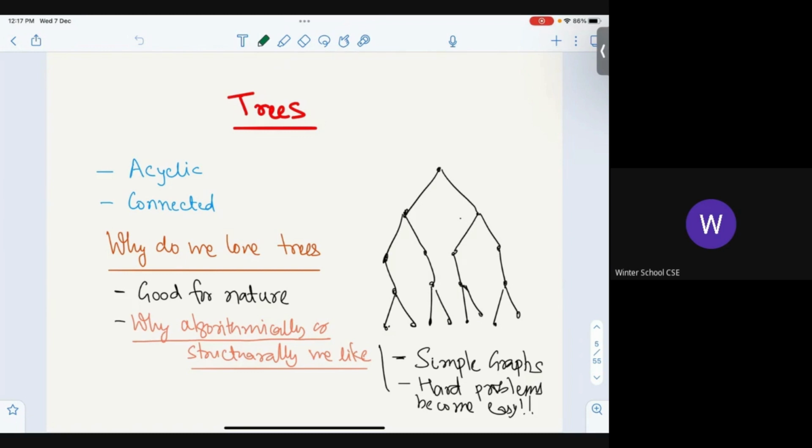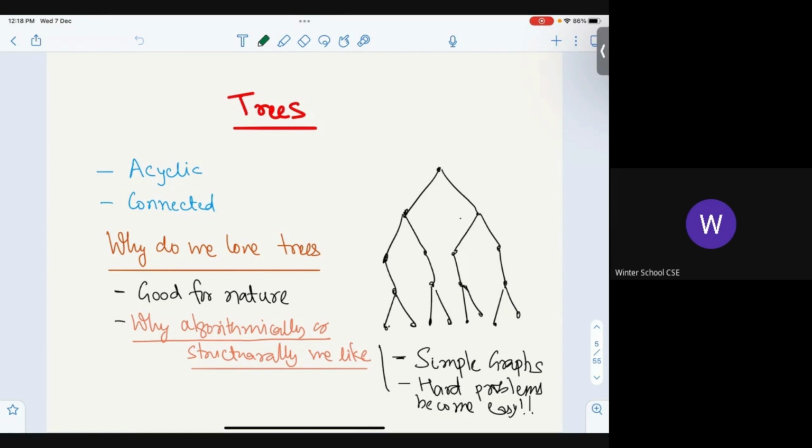Why structurally do we like them? Because they're simple graphs, and lots of problems which are hard in general, as seen in the last 2-3 days, like vertex cover, hitting set, and all these kinds of questions, do become easy or tractable on this class of graphs. So now this is a very natural question: are trees all alone in the world, or are there brothers and sisters where we can still pick up these tractability things and move on? So this whole next 1 hour is to try to define those brothers and sisters of these trees.